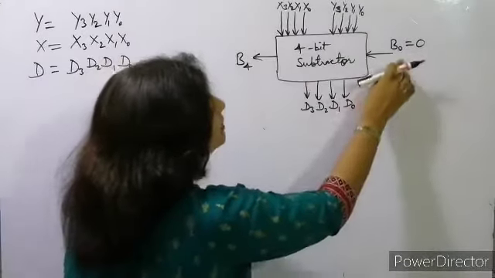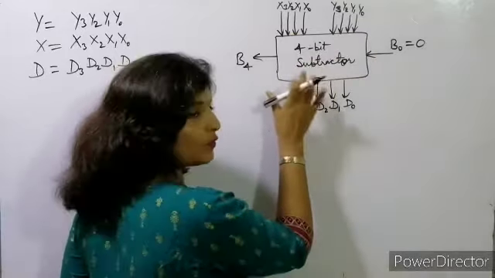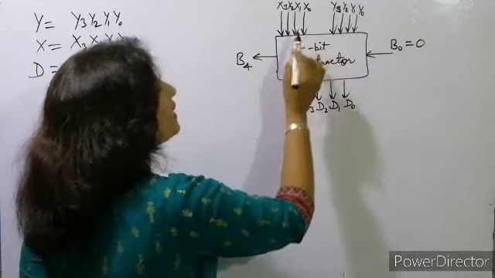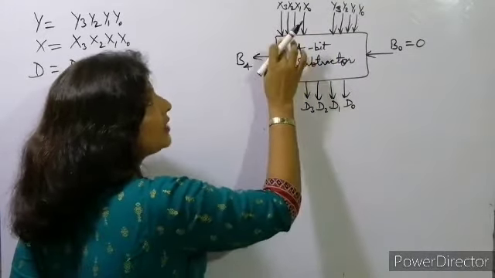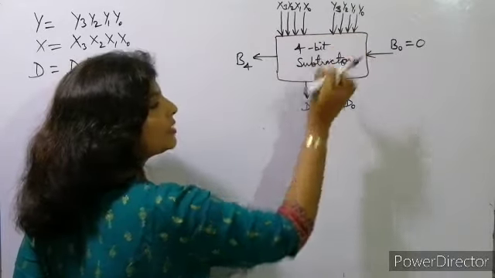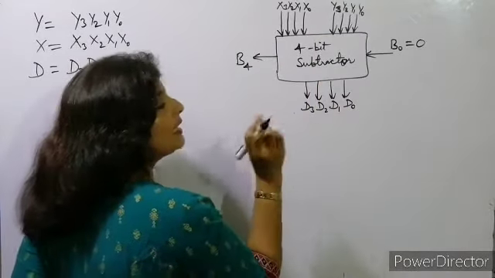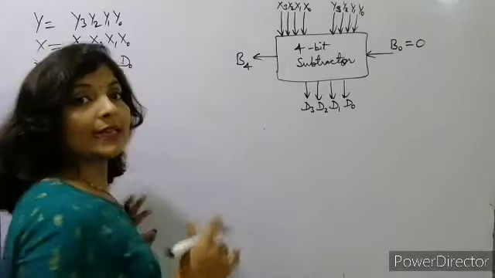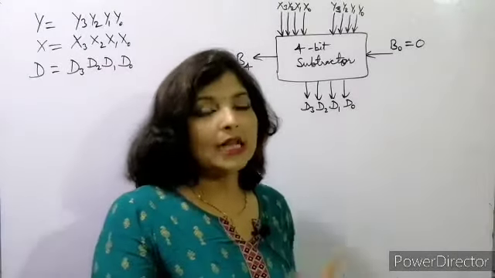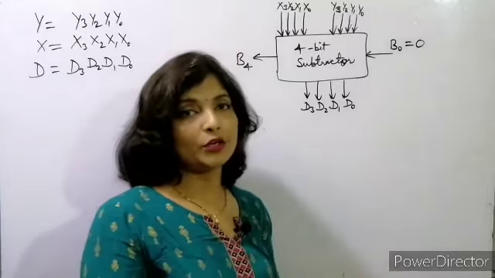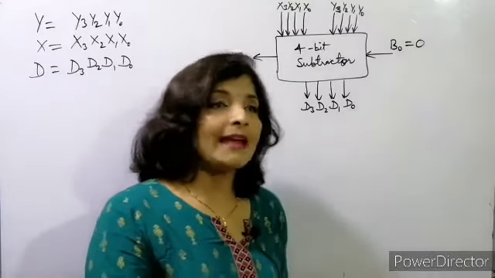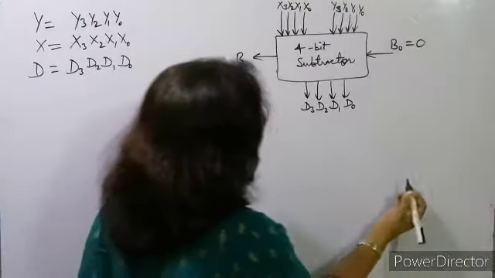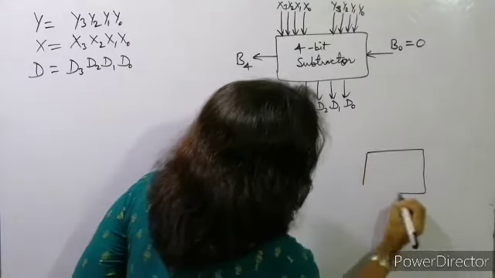Okay, and 2 outputs, d and b out. So in this case b0 is coming and there are 4 bits we have taken, this is a 4-bit subtractor, and b4 is coming out, that is the output. The inputs are 4-bit x3, x2, x1, x0, y3, y2, y1, y0, and there will be 2 outputs, d3, d2, d1, d0 and b4. Okay, so the basic thing that happens inside, we will now talk about. This is a 4-bit binary subtractor, I mean 4-bit full subtractor, you can say a 4-bit binary subtractor, but how is the borrow ripple subtractor for this one, for the same thing we will take 4 bits, so we'll take 4 boxes.